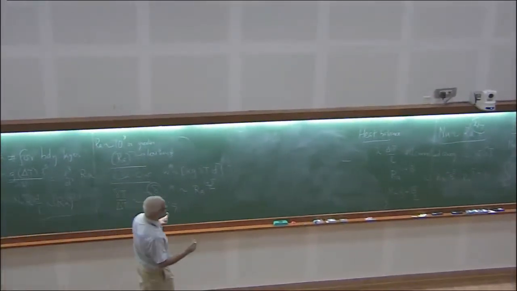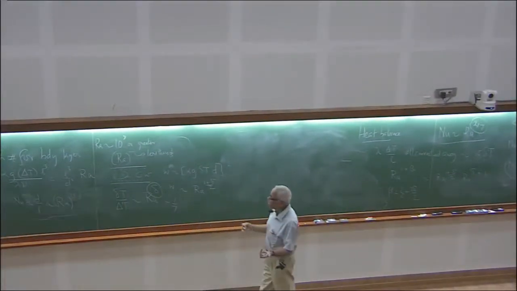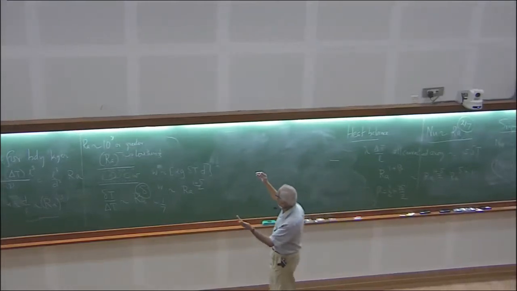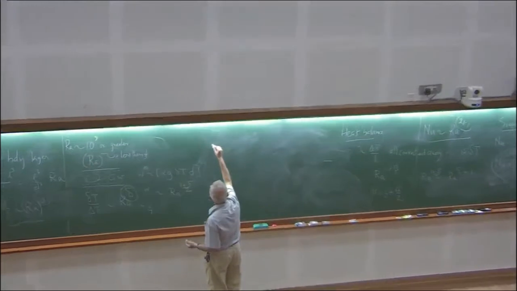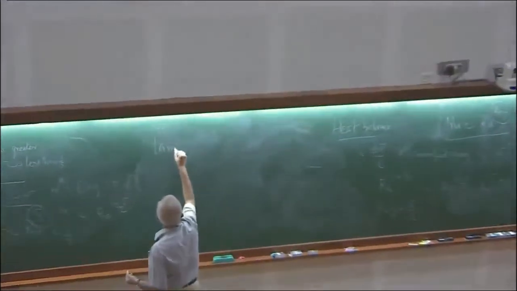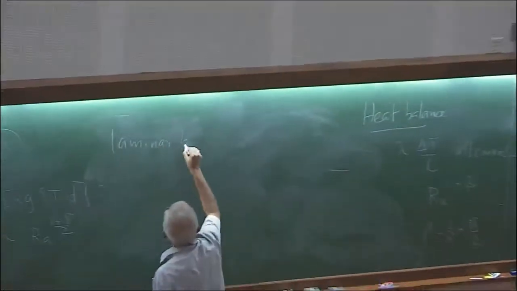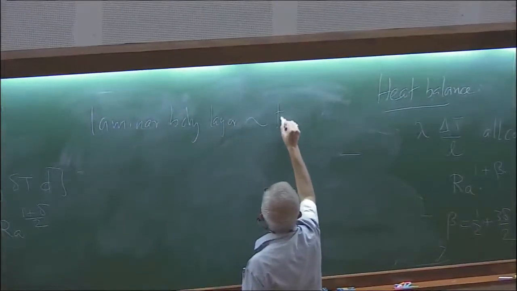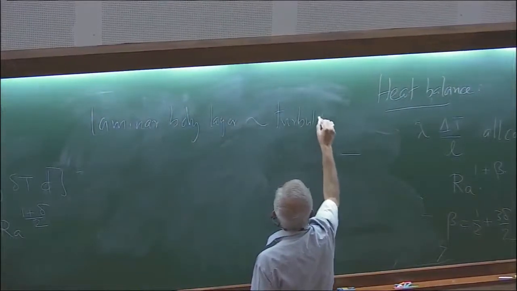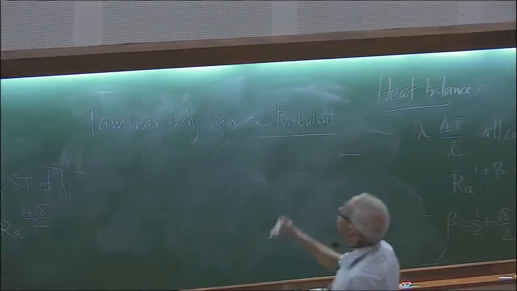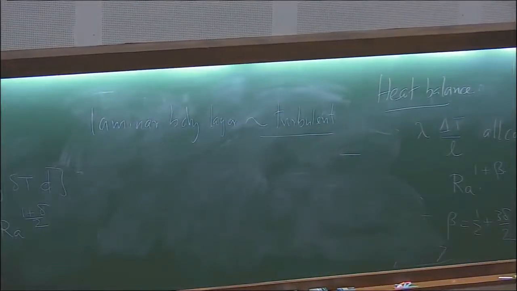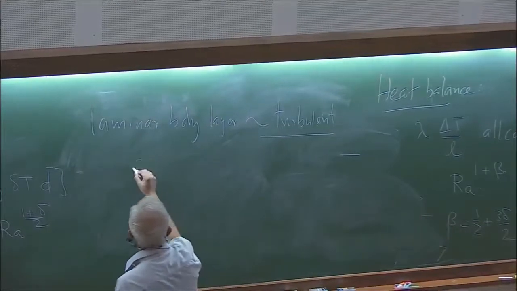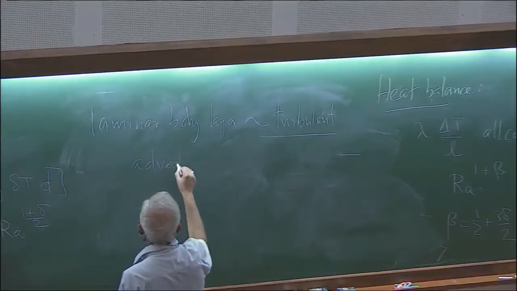Now, there was this in Professor Stevens' talk a couple of days ago, that there is finally the regime where the laminar boundary layer becomes turbulent. And what he very clearly showed is that the meaning of this is that the advection scale